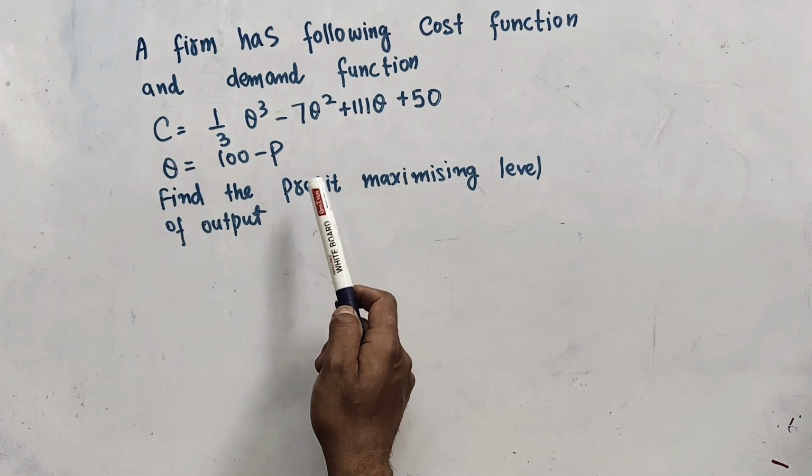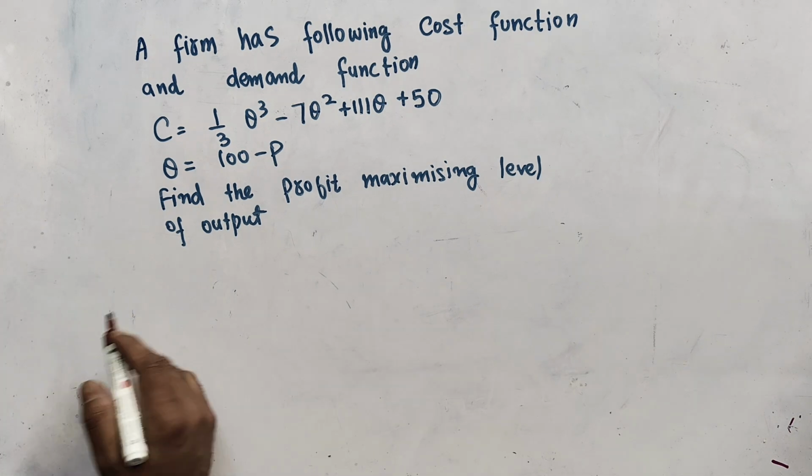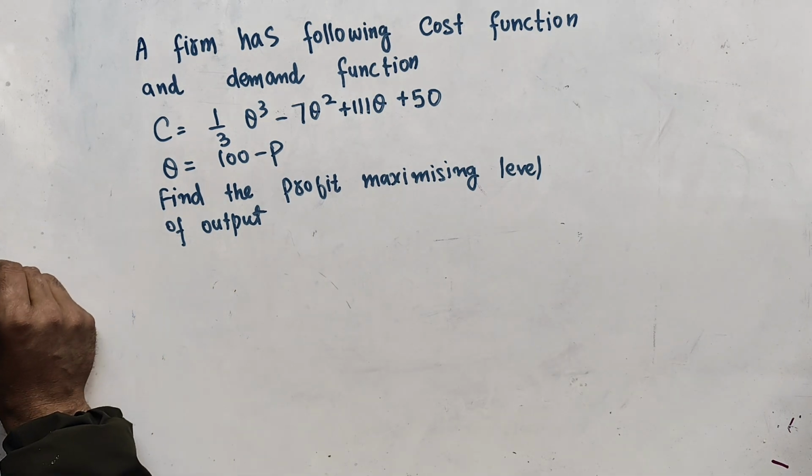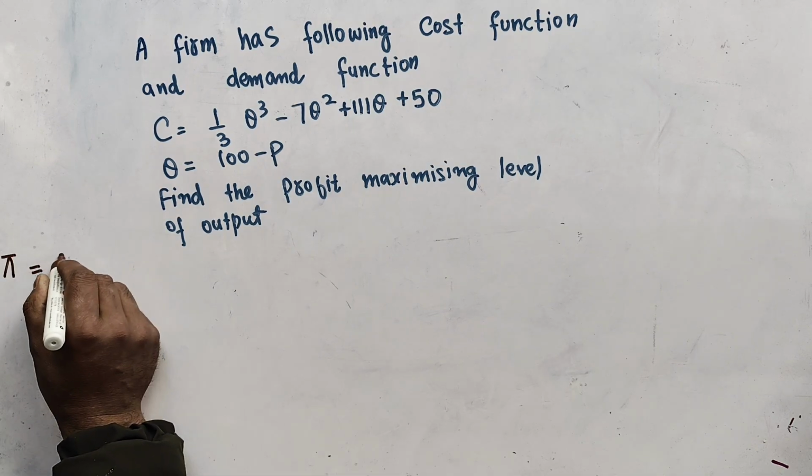We need to find out the profit maximizing level of output, and we need to find out the first order and second order conditions for profit maximization here. Okay, so let us solve it step by step. Now, in case of profit maximization, we know that first thing is we need to find out the total profit. So total profit, let us denote it by pi. It is equal to total revenue